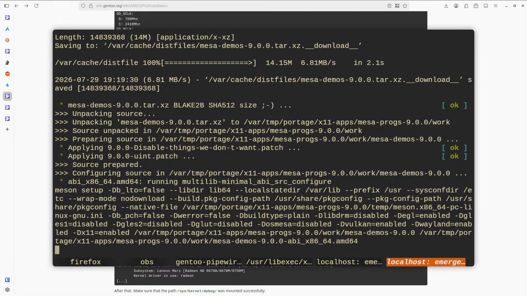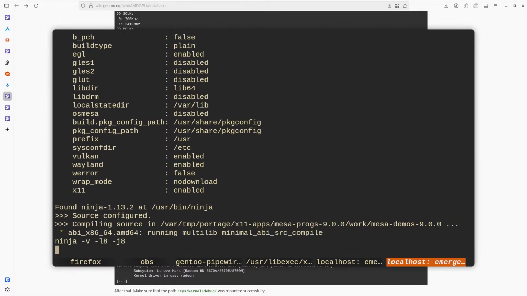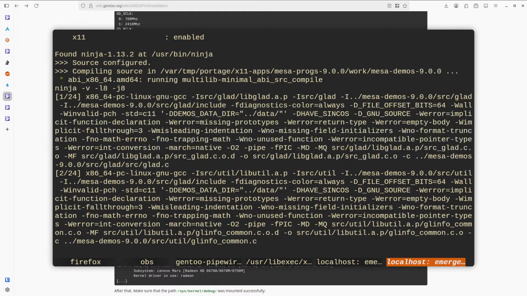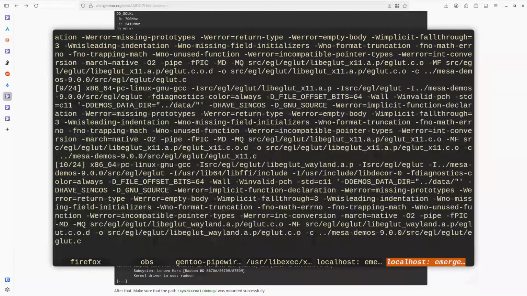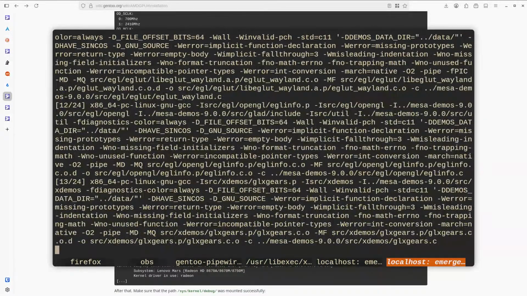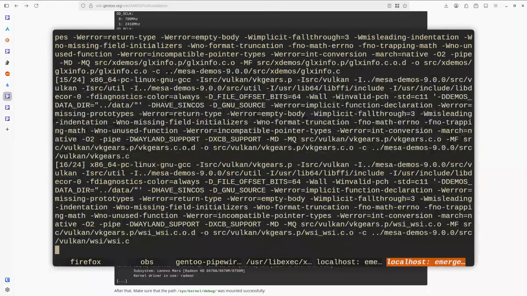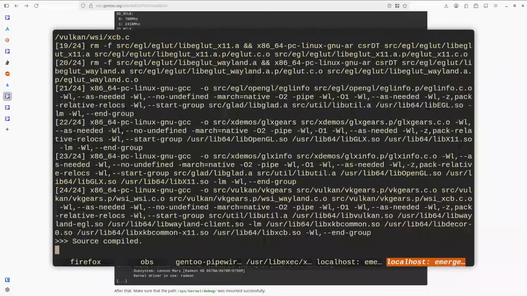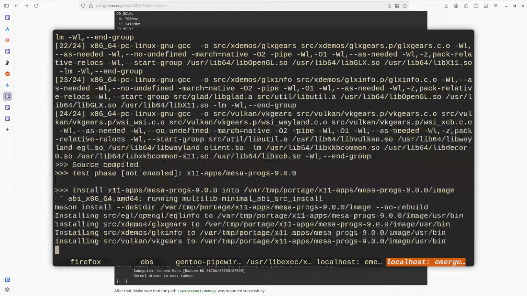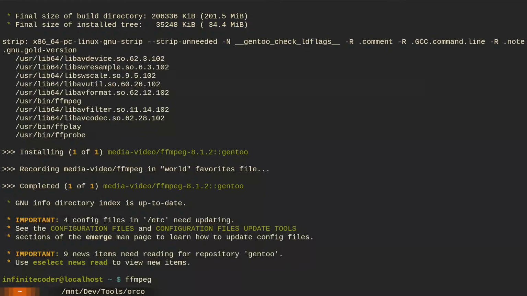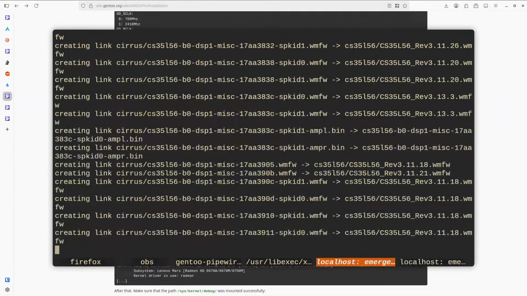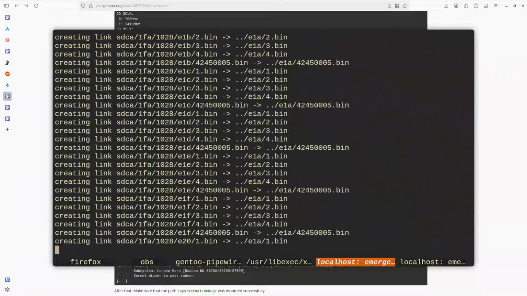So configuring source. Configure's probably going to finish very quickly. Oh, fairly quickly. 24 files. Fair enough. There we go. Right, nothing is building here. Stuff is installing here.